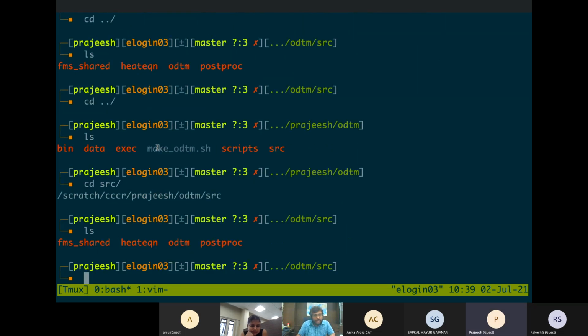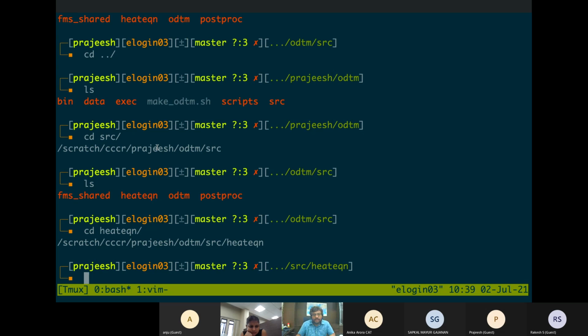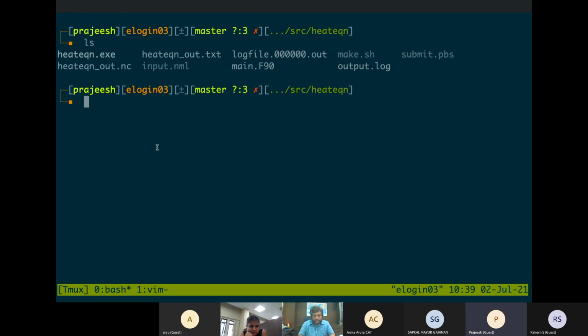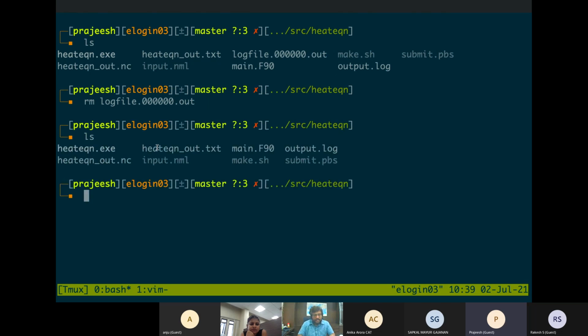So this will be inside the source directory in heat equation, and there are a few files, but some of these files are just output files. So I'll remove it first.